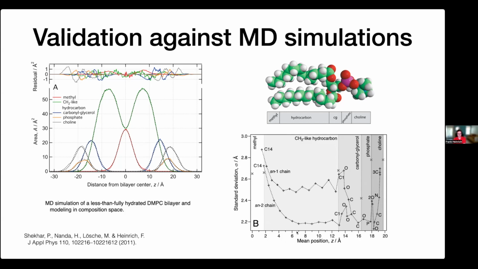But already looking at the standard deviation indicating the flexibility, there's quite some difference here, which for the two chains stems from how they are connected to that glycerol group. But you see you have a large mobility around the methyls, even for DMPC. You have a large mobility around choline groups,